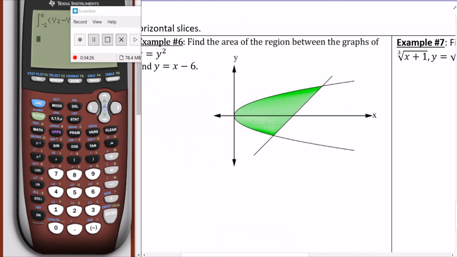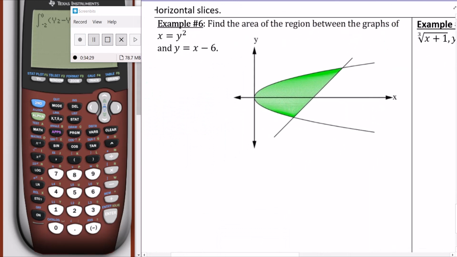Okay, so let's look at example 6 real quick. And I want you to think about, with your current knowledge, how would you do this, right? And you're hopefully thinking, oh, well, I just need to write the integral of top minus bottom. And so if you look at this one over here, which function's on top there? It's the function that is on top of itself, right? And then over here, you can see that now that sideways parabola is on top of the other one, but this first region over here is kind of funky. Like it's on top of itself. Does that mean I subtract it from itself? Doesn't that just mean I would get 0 area, right? And so